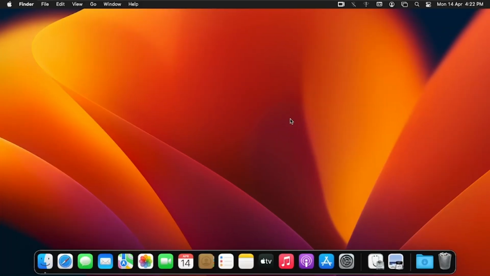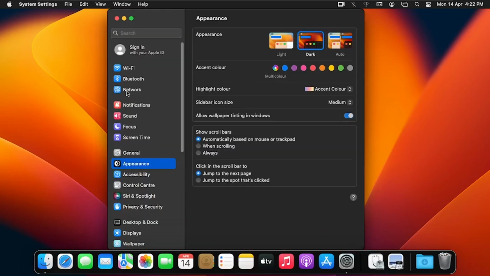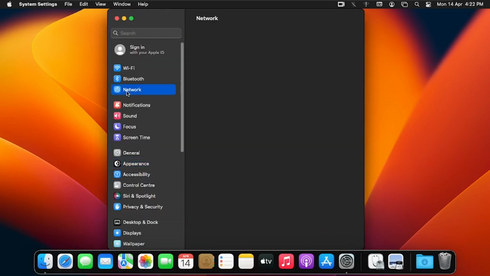So to enable stealth mode in macOS, we are going to click on the system settings. Okay, in the older versions of Mac, it's system preferences. So I'll click on the system settings, and then I'll click on network, and then we are going to turn the firewall on. Okay, we are going to make it active, so I'll click on the side arrow, and then I'll toggle the firewall to be active. Then I'll click on the options beneath the firewall,